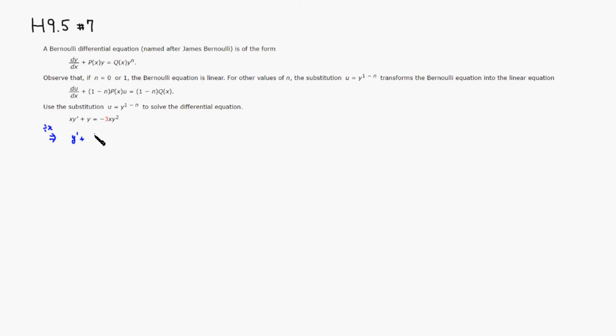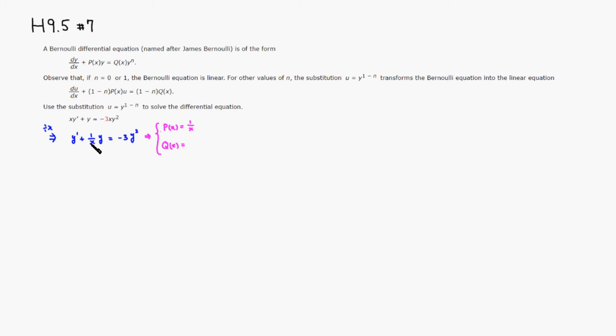plus 1 over x times y is equal to negative 3 y squared. Then we can identify p of x. P of x is just the function in front of y, so it's going to be 1 over x, and the q of x